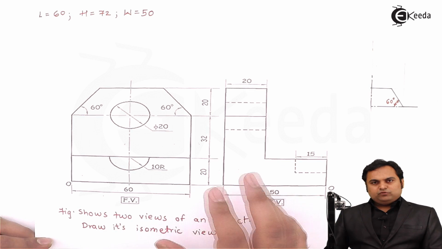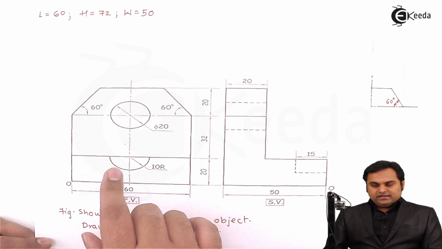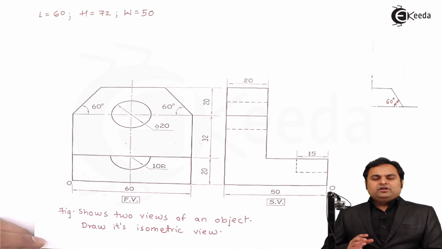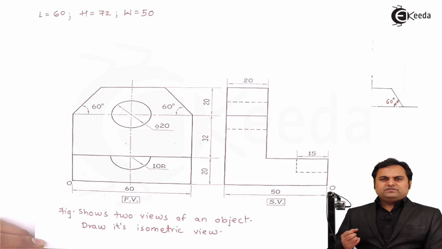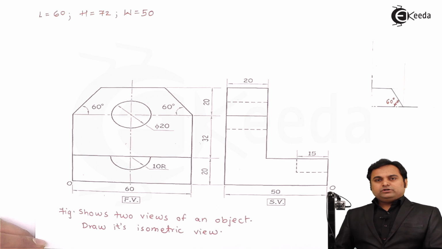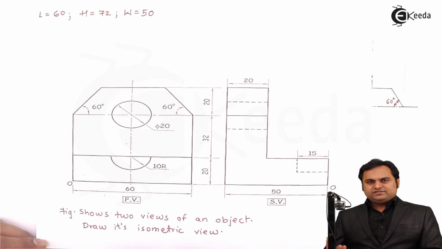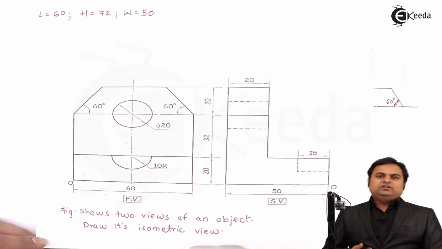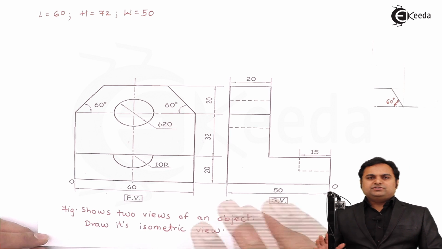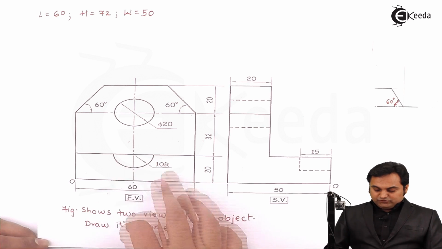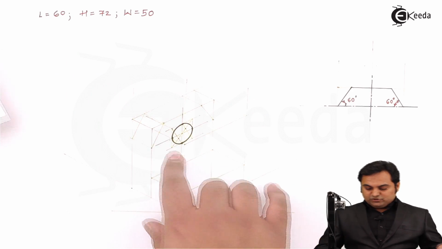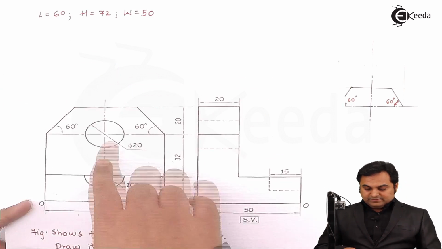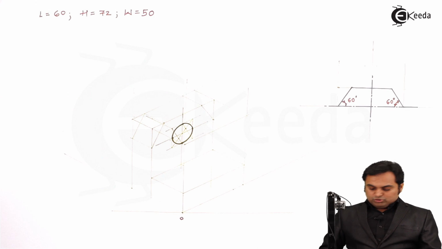So the next step would be to draw this semicircle, and again, as I've explained for the circle, even in case of the semicircle, when you are drawing it in case of isometric projections, you won't be drawing it directly. That is, directly I cannot take the radius 10 and just draw the semicircle in case of isometric projections. Here I'll have to use the same procedure as I have used for the circle, and the centers are matching. So